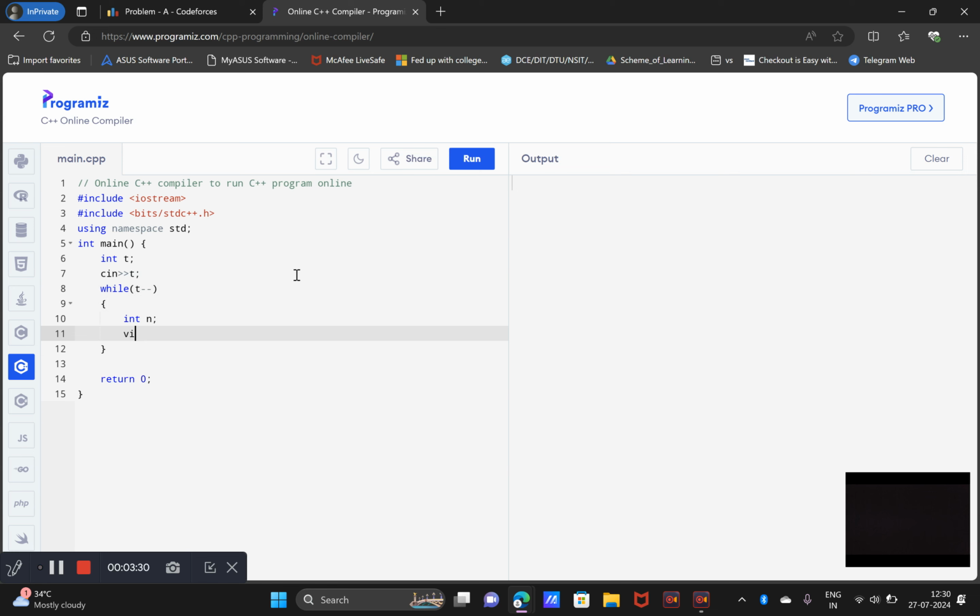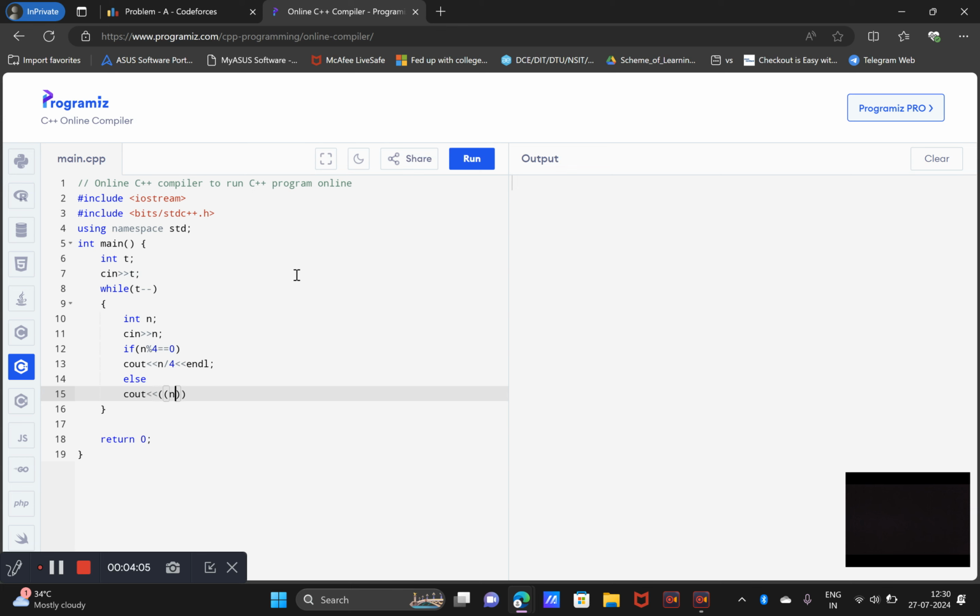Input that integer, and if n is divisible by 4, that means every animal can be a cow. So here we will cout n by 4, then endl, or else we will cout